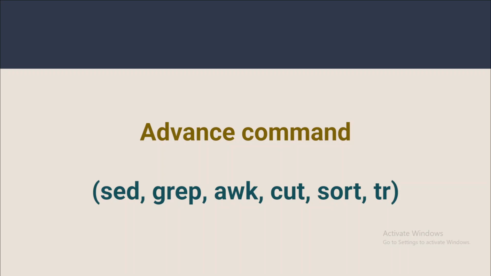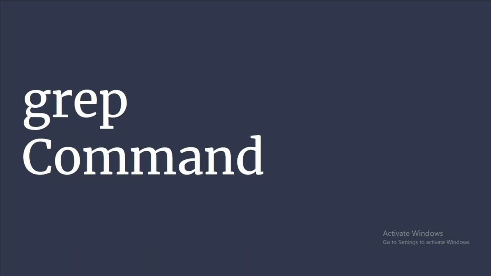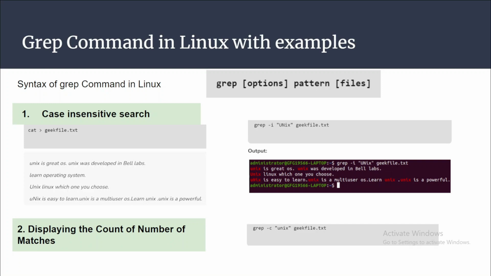Okay, so starting with the first, that is the grep command. What is the role of the grep command? If you want to fetch any pattern from a file, you can use the grep command. The syntax of the grep command is you write the command name, that is grep. Then there is an option. Options can be anything like -i, -e. There are a lot of options you can provide for different tasks. Then you have to provide a pattern, which pattern you are looking for. And the next is your argument, meaning the file name.